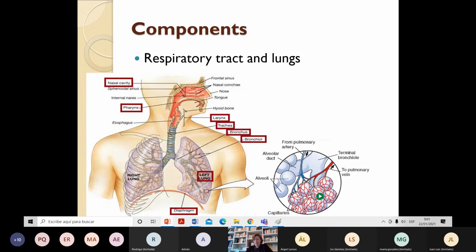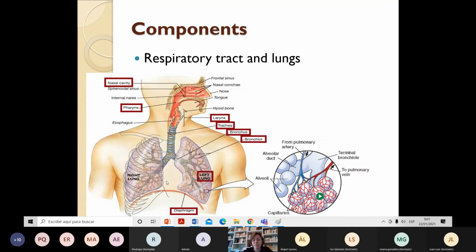So if you cut my body, it's like the bottom of the higher part of my body, the bottom of the thorax and the beginning of the abdomen. Separating the thorax from the abdomen, we've got this muscle. So the heart and the lungs are on the top of the diaphragm, and below it I would have the stomach, the intestine, and so on, all the organs in my abdomen.